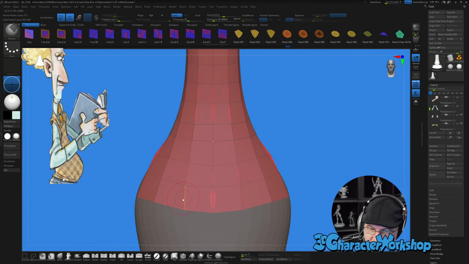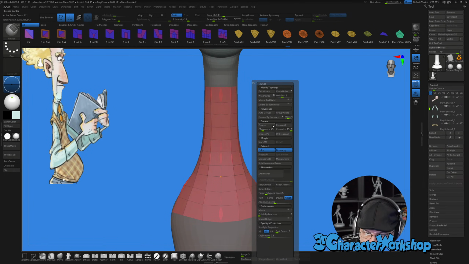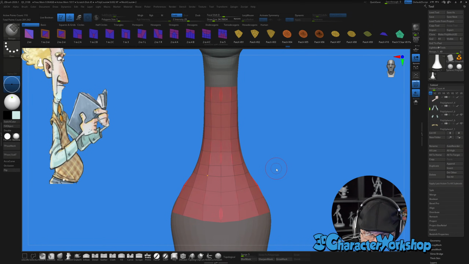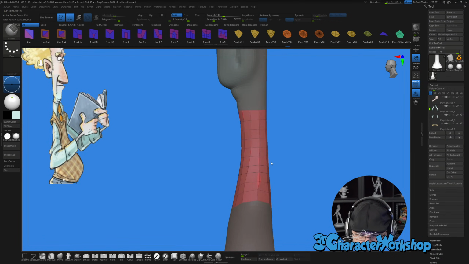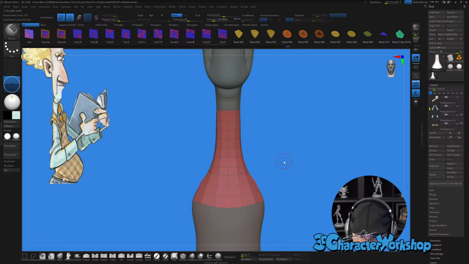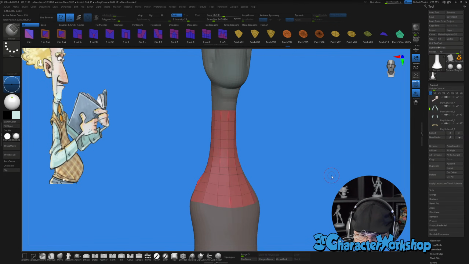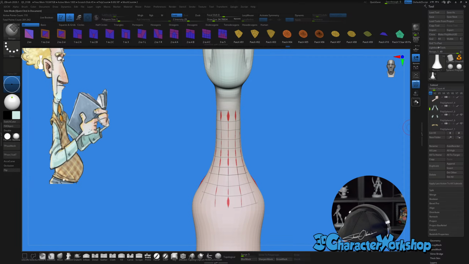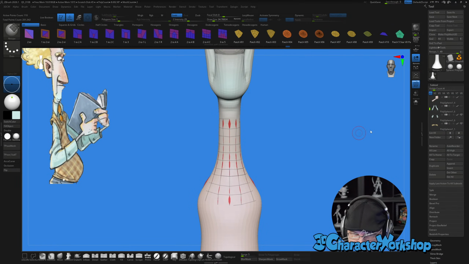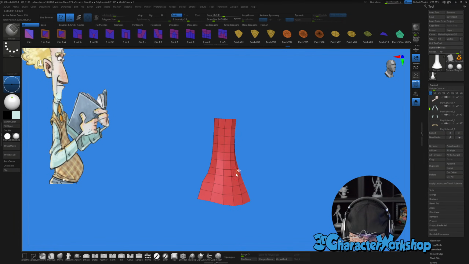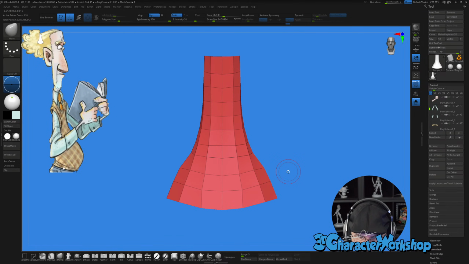Okay, now that we have that, mirror and weld. See, it's giving me these weird lines in here, making me think that there's like manifold geometry in there, like an extra ring or something. So what I'm going to do is turn off transparency and then solo it, and we're just going to take a look at it, because I think there's a ring in there that's doubled.